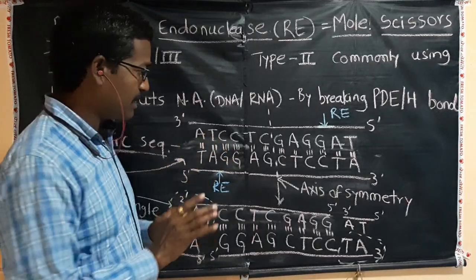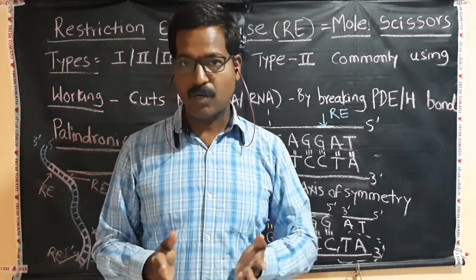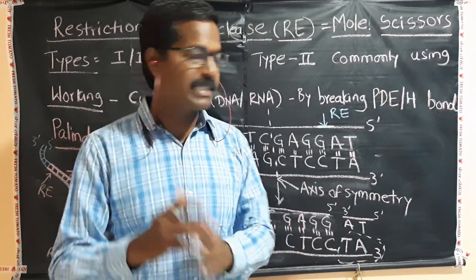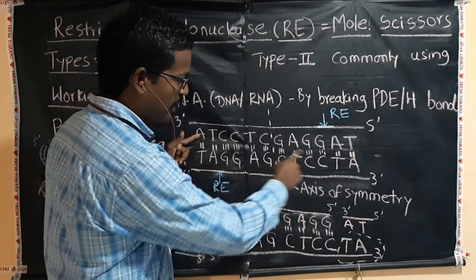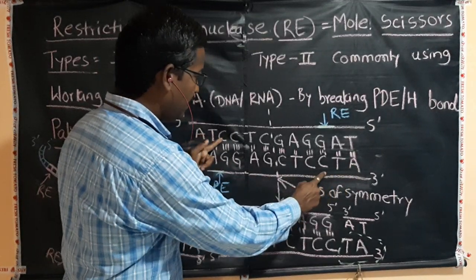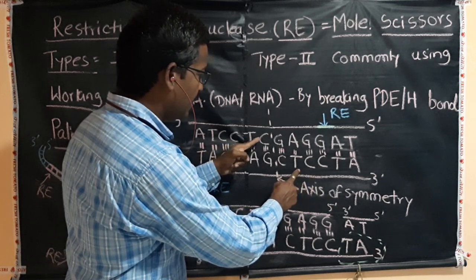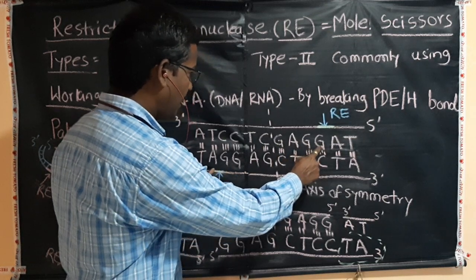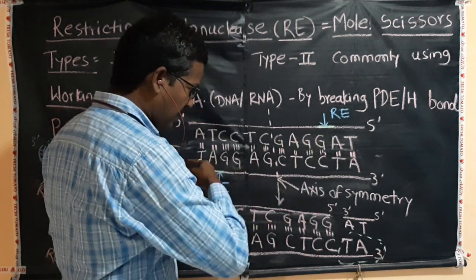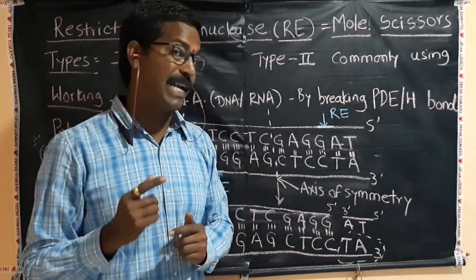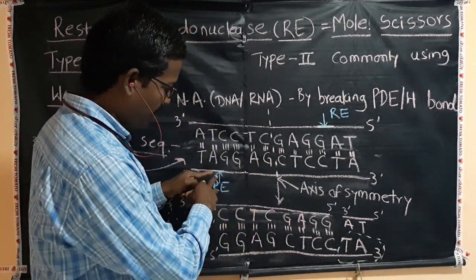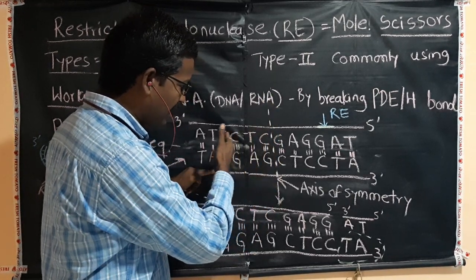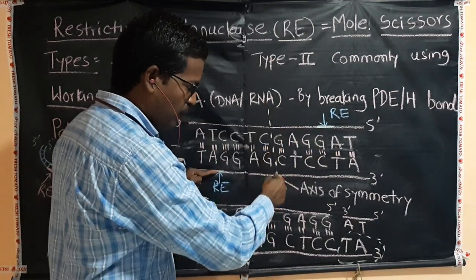So what is a palindromic sequence? Examples are madam or titan, or dalda, so that whichever way you read it, it will be the same. You can find it here: T T C C C C T T C C G G A G G G G A T T. On the other cross side you can find the same words, called a palindromic sequence. So this restriction enzyme will cut here. This is called the axis of symmetry. So this is the symmetry. You can find 6 nucleotides here, 6 nucleotides here. So this is the axis of symmetry.